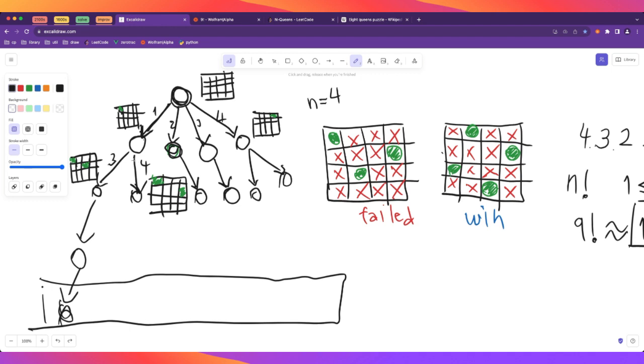In practice, we're not gonna know initially whether the first and the second columns are already attacked. We're gonna consider all of them, and we're gonna filter out the ones that are invalid. So finally we're going to make calls only for